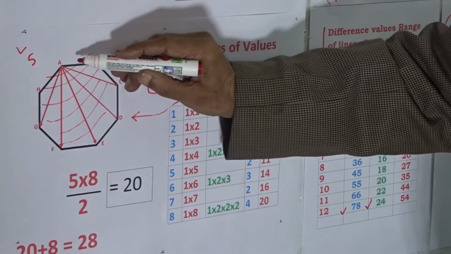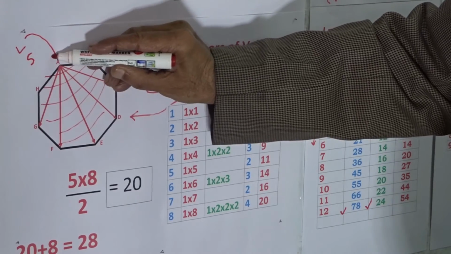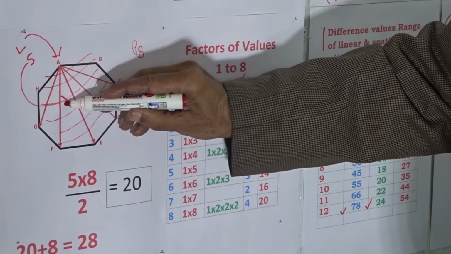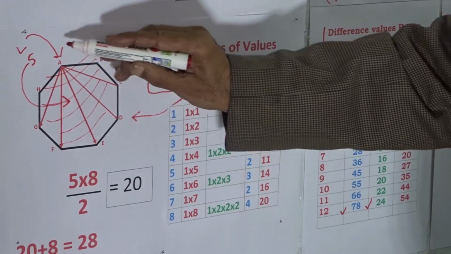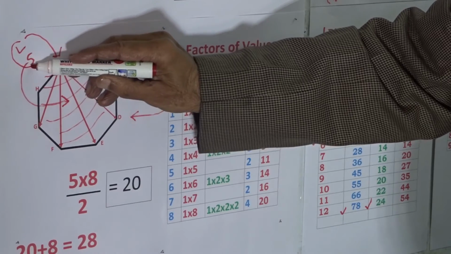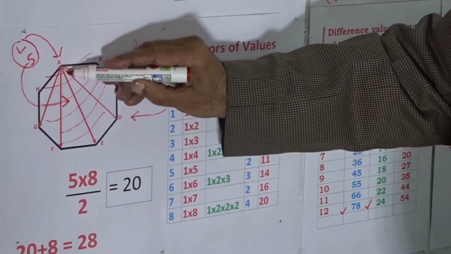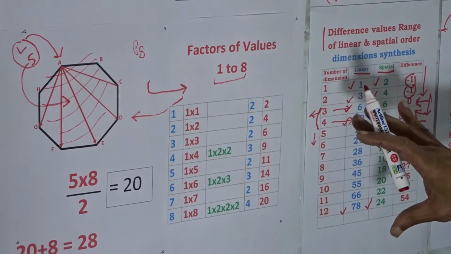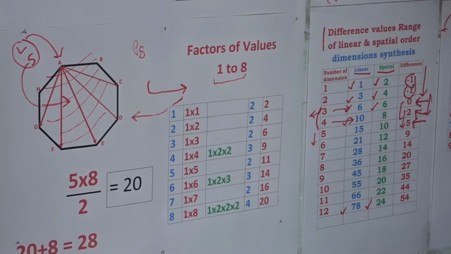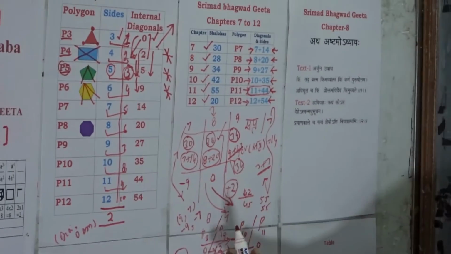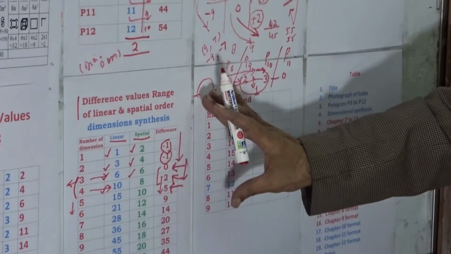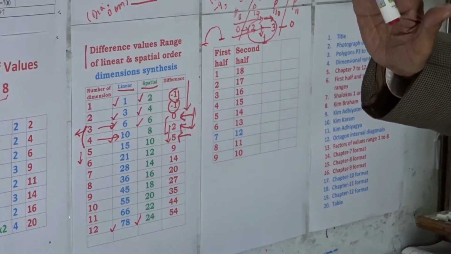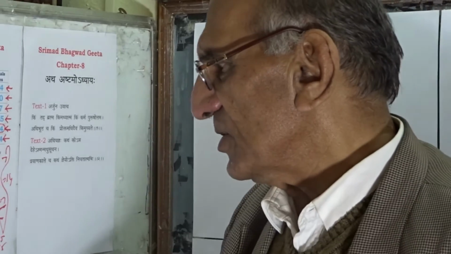This pair of situations, we are having a boundary as a linear feature, and we have the domain here of a spatial feature. Therefore, this difference between the two, the format features and values of the linear format and the spatial format, is leading us to a setup which is ultimately going to be parallel to the difference values of linear and spatial order dimensions of synthesis. How is that the dimensional synthesis